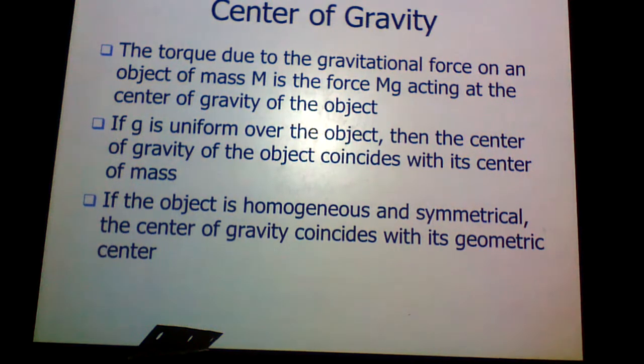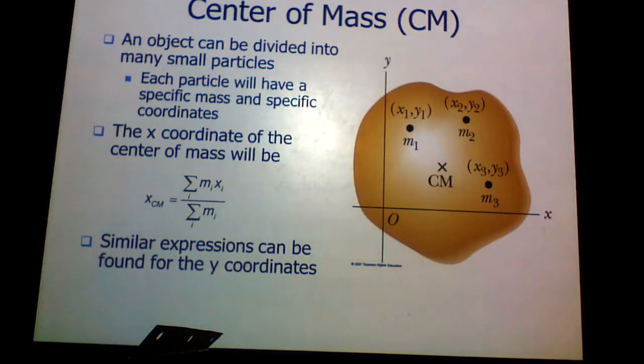And for us, usually it coincides with the center of mass because we typically assume that g is uniform over the entire object, and in most cases it is. So if acceleration due to gravity is the same over the entire object, then center of gravity and center of mass will be at the exact same place. If the object is homogeneous and symmetrical, the center of gravity will just coincide with the geometric center of that object. Okay, so let's say that it's not symmetrical and we have more of an extended particle,